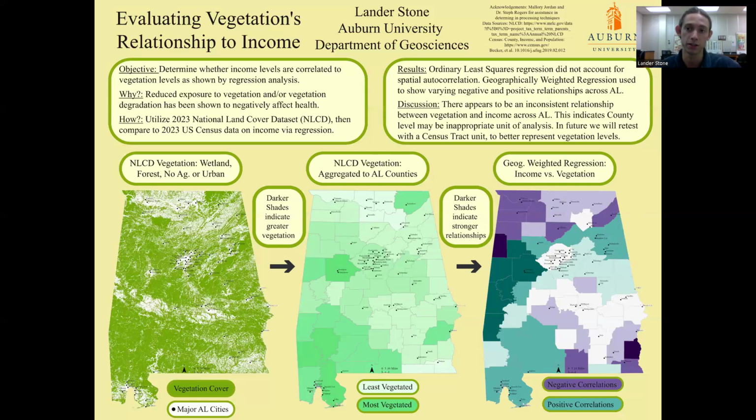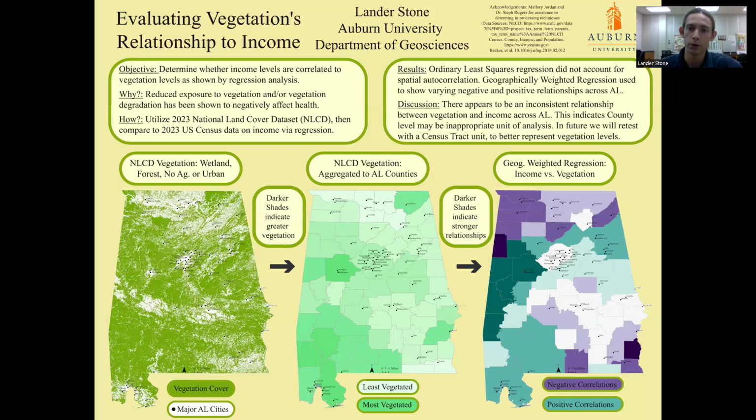Going through my 6 statistical checks, I did find that income was a good explanatory variable for vegetation levels. And I did find that I didn't have any redundant X variables. I included population as well, because as part of the Becker et al. study, population is an important variable. But I did find that I was missing some key X variables. So in the future, it'd be important to include other explanatory variables for my dependent variable of vegetation levels.